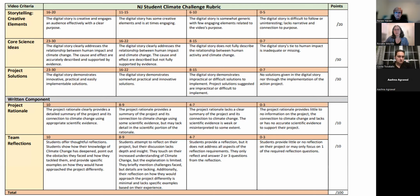So this is how we assess the project. Here's a nice little rubric that was put together. All the teachers understand completely what these look like, right? So I'm just gonna go over the highest tier, because I'm guessing most people are looking to get into the highest tier. We have it separated between the video components, what we look for in the video, and then there is a written component that is attached to this project, which talks about the rationale and